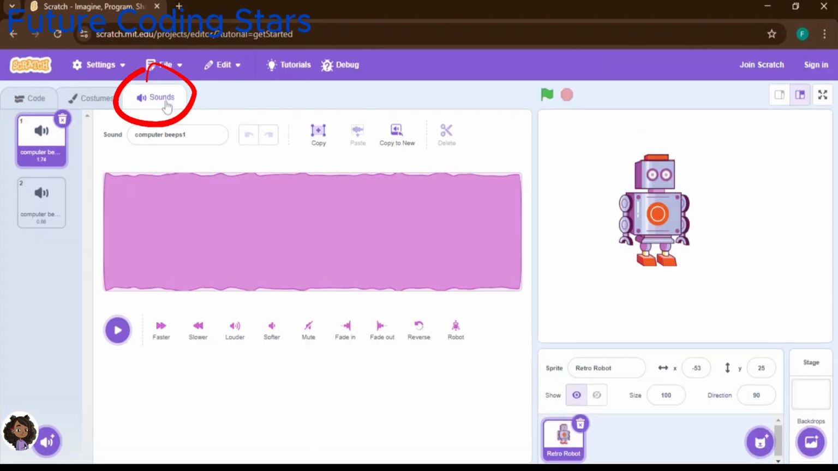Today, we're exploring the Sounds tab, where you can choose, record, and edit sounds to make your projects even cooler. Let's get started. Sounds tab features: add a sound,